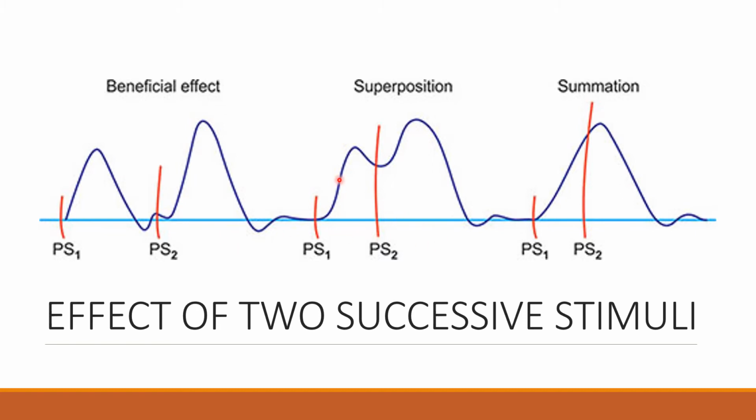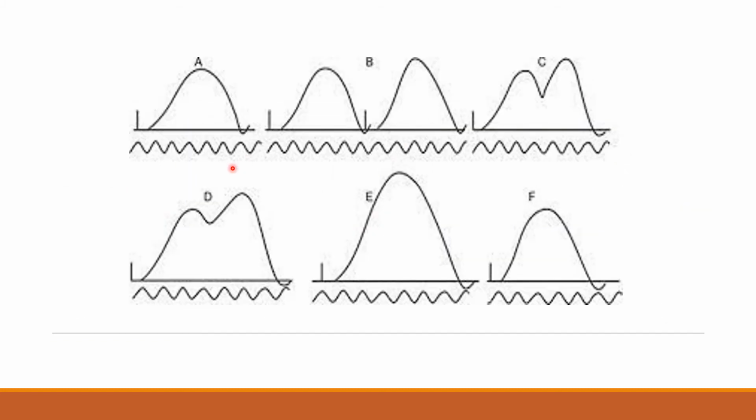So what is happening here in the first picture, you can see the second stimulus is applied in the absolute refractory period. Okay, so this is after the refractory period. In the next picture I will show: if the second stimulus is applied in the absolute refractory period of the previous stimulation, it does not evoke any response. And if it falls in the relative refractory period, somewhere here, a response will be obtained. Okay, so in the second one, a response will be obtained.